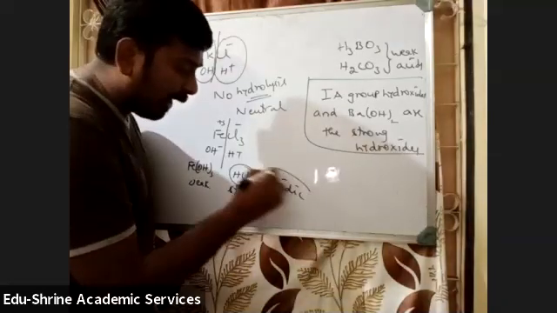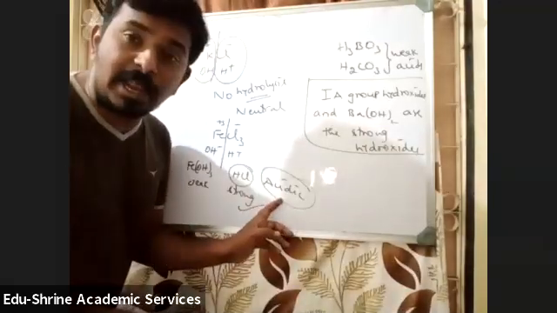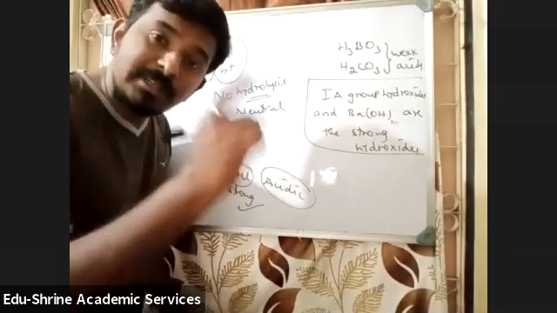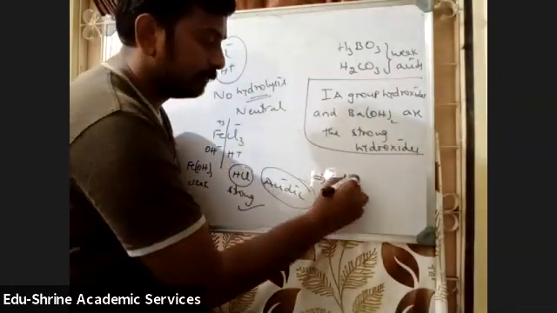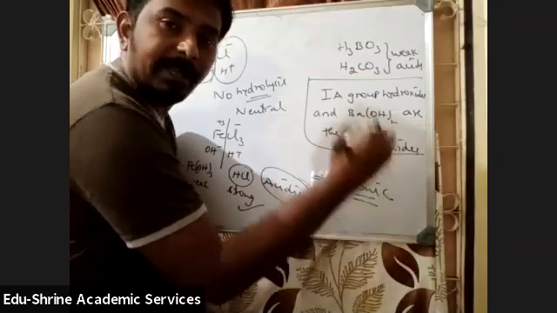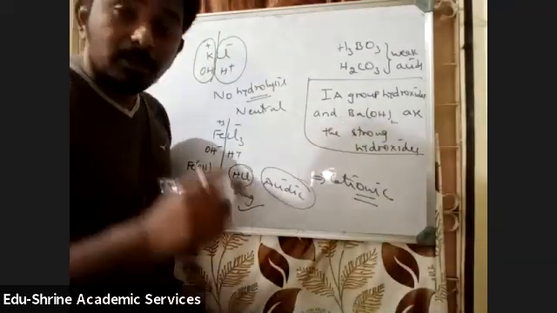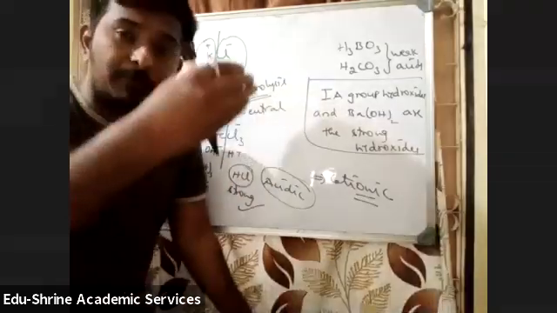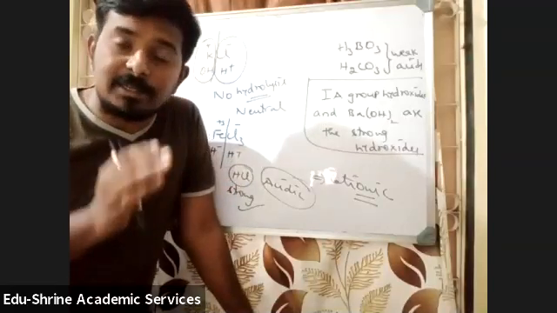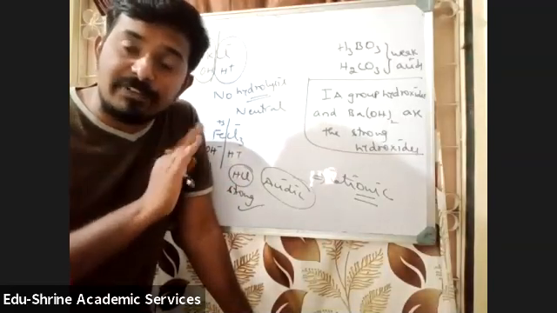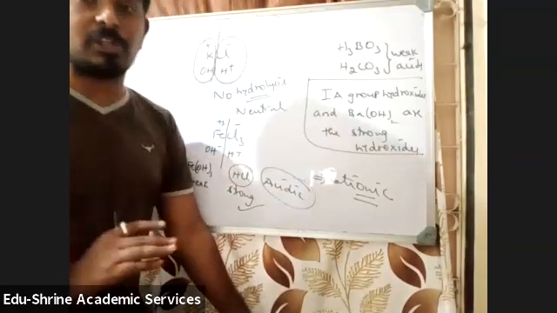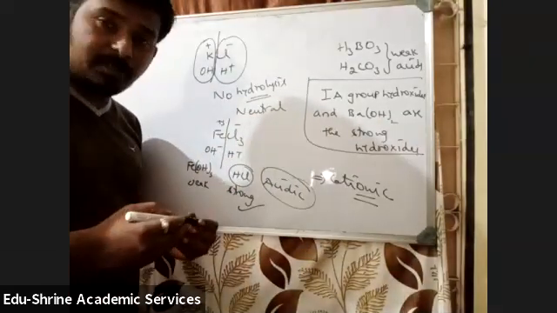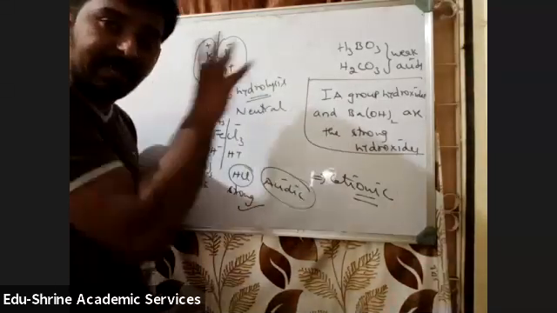That means what hydrolysis, students? Cationic hydrolysis takes place to produce an acidic solution. So this part is very important. Again, a theory question can be asked: among the following, which undergoes cationic hydrolysis? Which undergoes anionic hydrolysis? Which does not undergo hydrolysis? All these questions will be asked. So many exams we have solved in the class notes, students. You can go through that, but this is the basic idea behind that.